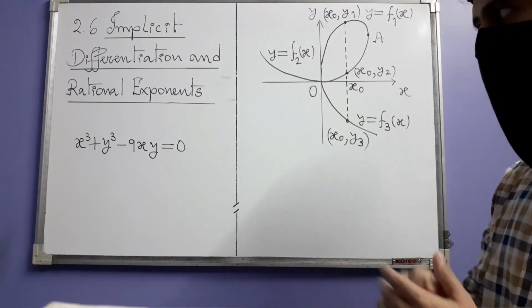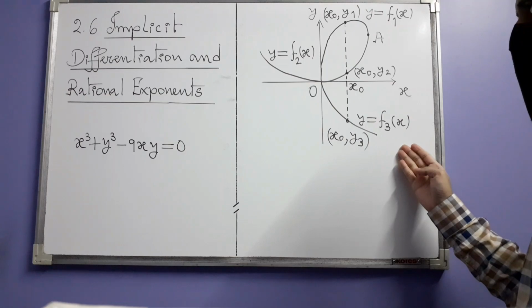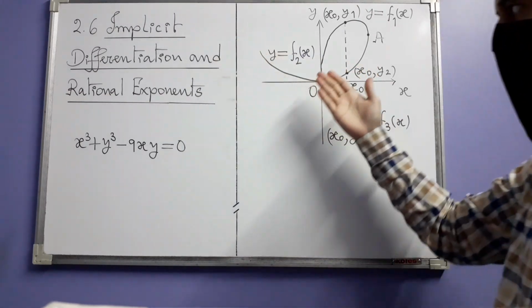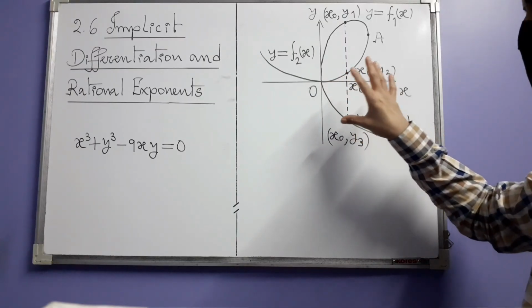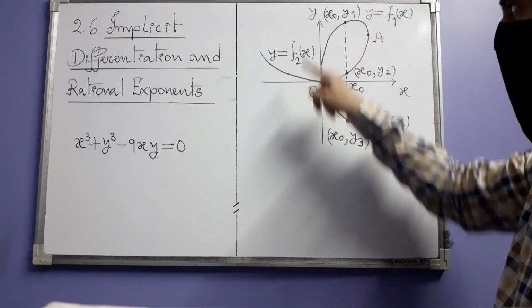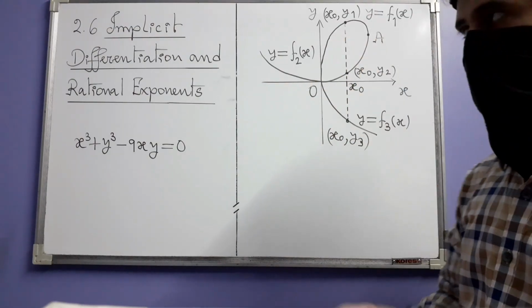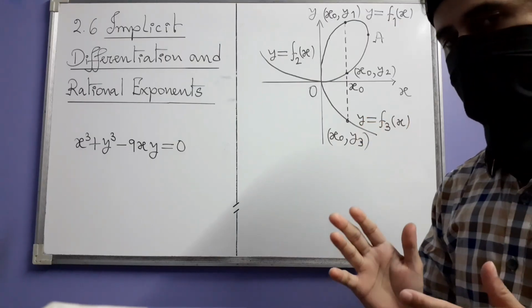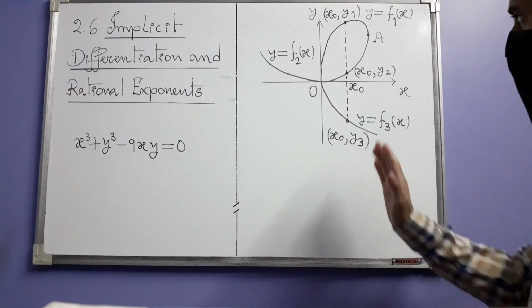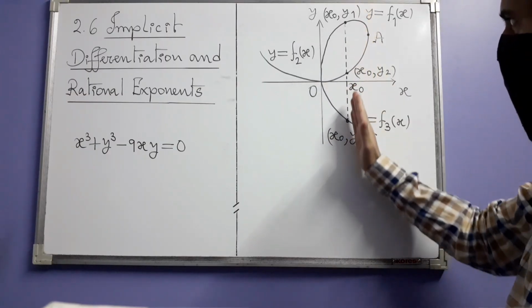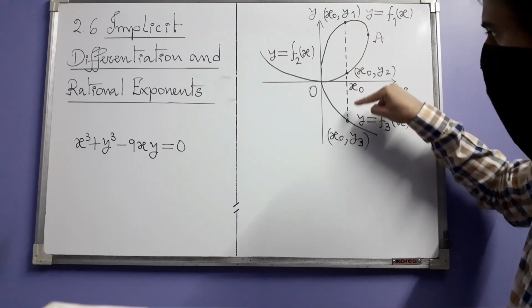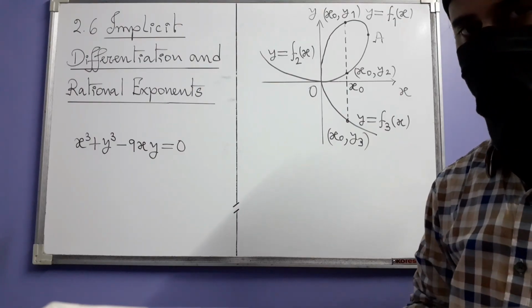If you draw the graph of this equation, this is what you get. I mean, you understand that the graph extends indefinitely on that side as well as on this side. So you are looking at that portion of the graph which is near the origin, and there is a loop. But this is not the graph of a single function because it fails the vertical line test. You consider this vertical line. This line intersects the graph at these 3 points, which means that it of course cannot be the graph of